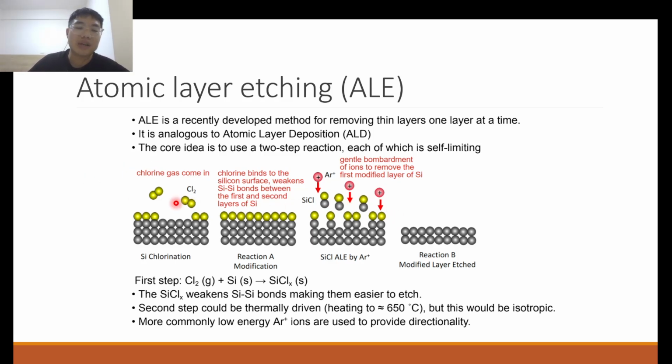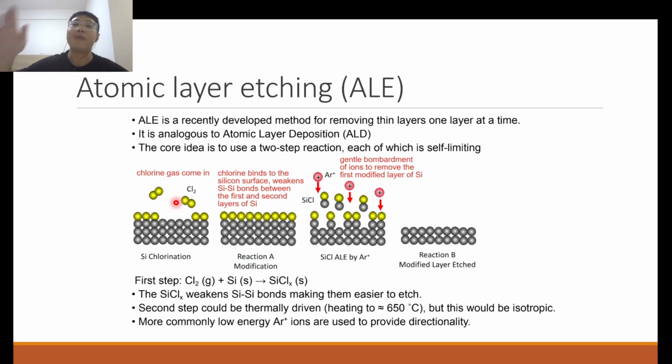So how it works is that first, chlorine gas is pumped to your wafer surface. Then after that, the chamber is flushed, so that only the chlorine that binds to your wafer surface is maintained. So only one layer of chlorine is adsorbed on your wafer surface. The rest will be flushed away. Then after that,